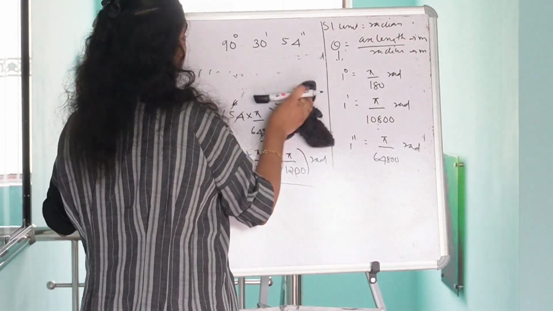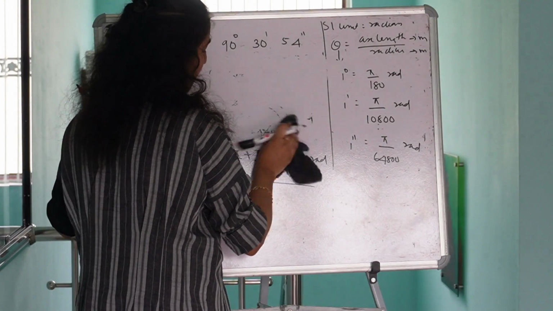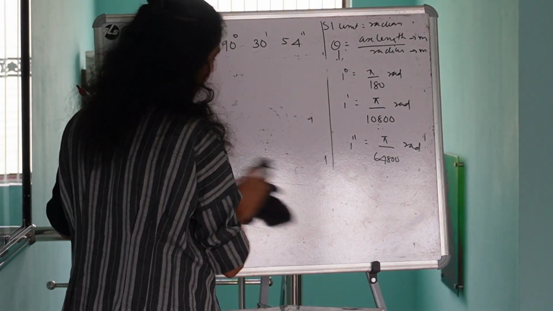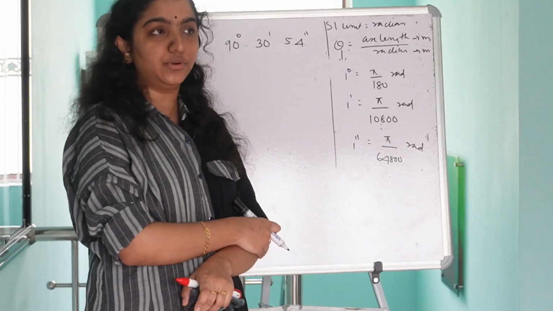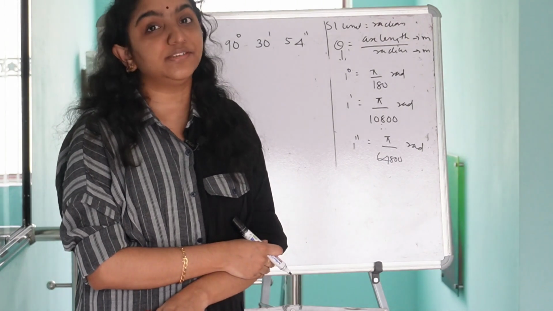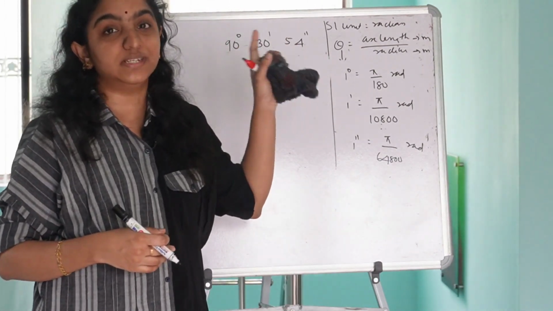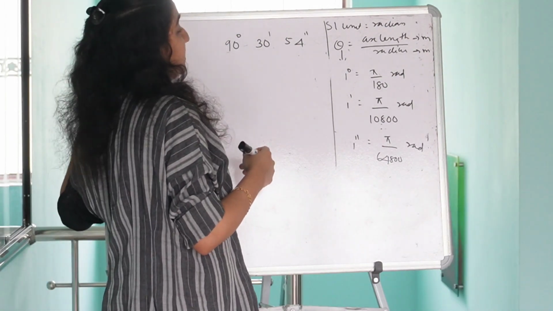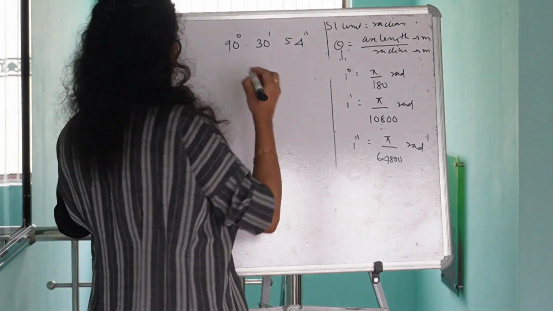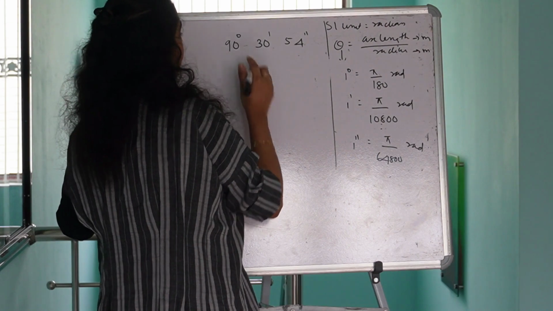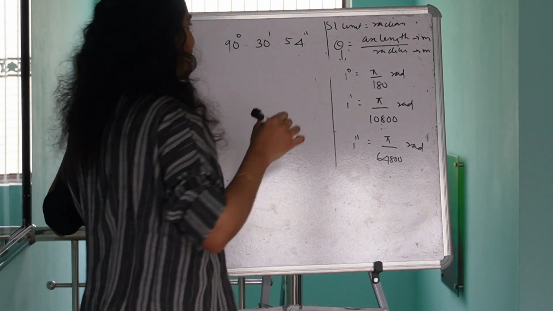Now let's see the second method. The second method is a little more complicated than the first method. As I told before, the first method is comparatively easier. So I always prefer the first method to the second method. So the first step of the second method is to convert the whole value